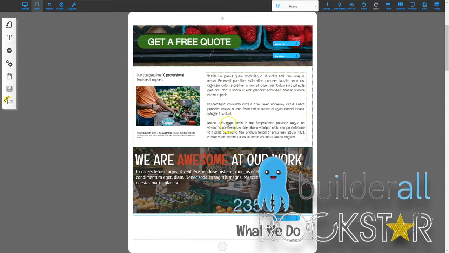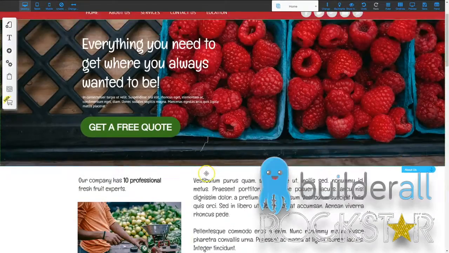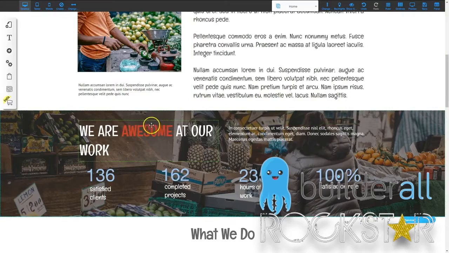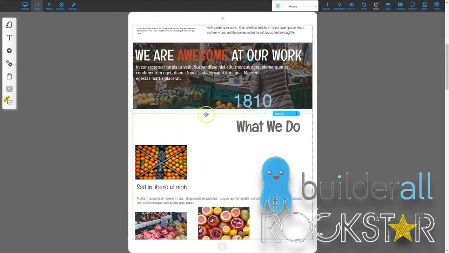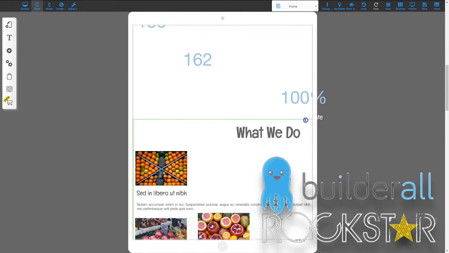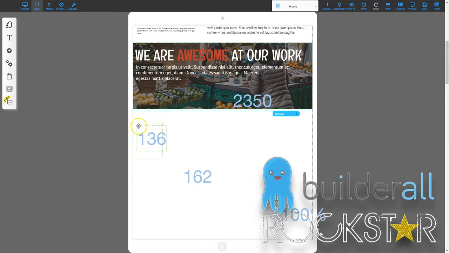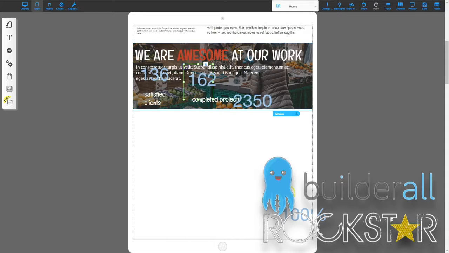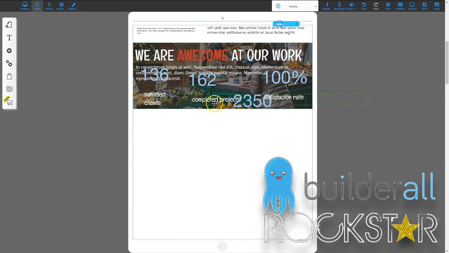And let's look at the original, because I think that I need to make sure that it's in the right order. So let's look at desktop. Okay, so that's definitely the next section. So we'll go back to tablet. And we will pull this section down and out of the way. And that's revealing our numbers to us, which is great. So we'll click and drag those boxes up here, and click and drag that box up there, click and drag that box up there. We'll move the anchor point out of the way,